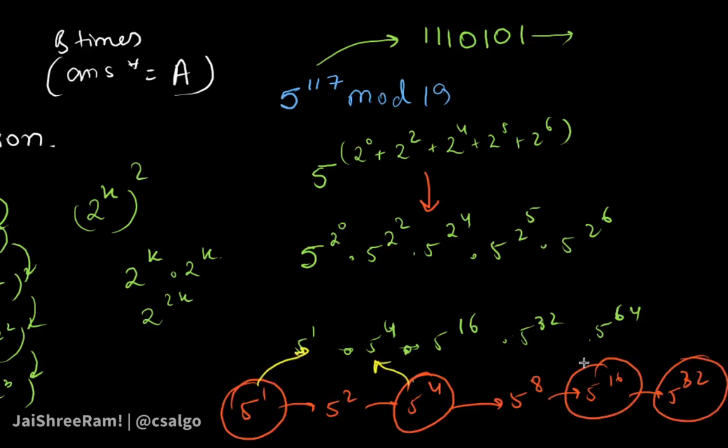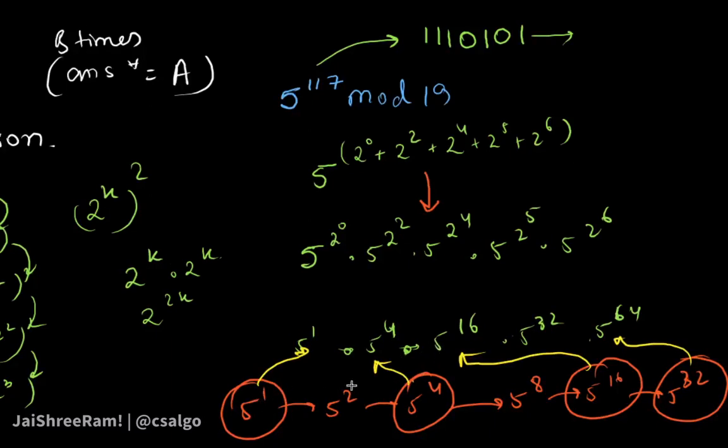These are the values that are getting used in this computation, because we have broken this down in binary form, right? So only 2 to the power k forms will be present over here, and if we keep on squaring, we will get all these 2 to the power k forms that are possible. So during this calculation or expansion, we will get all these 2 to the power k forms, and whenever we get a value that we need, we plug that value into this expression. Okay,